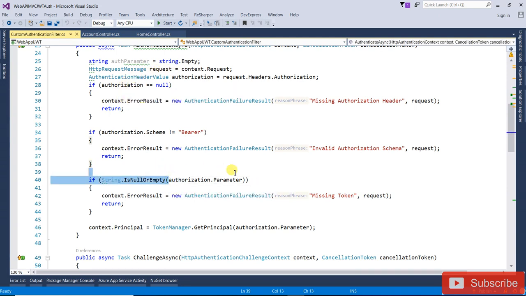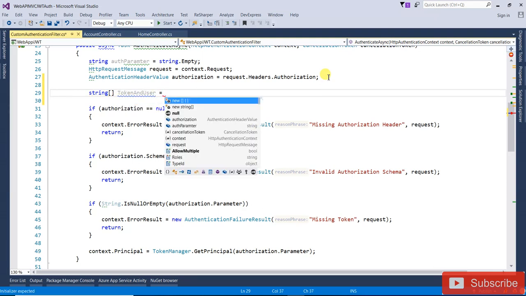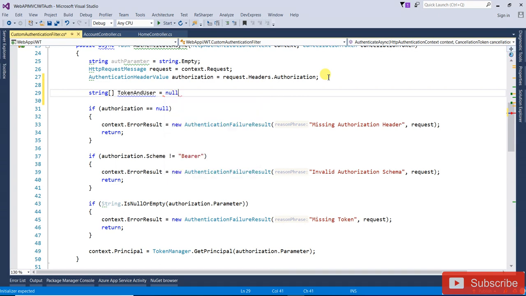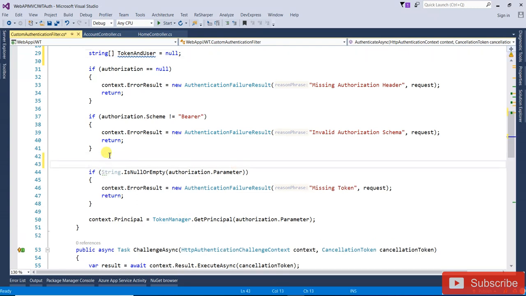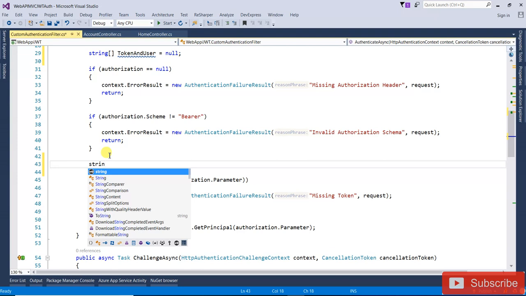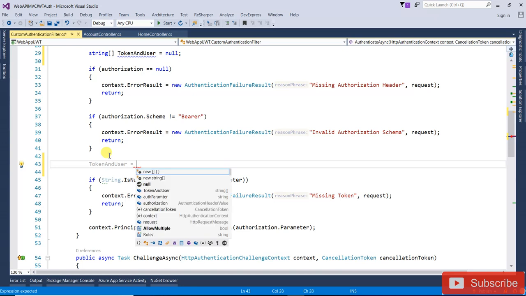This particular parameter, actually it's returning the token, right? So what we can do here, we can make a string array that holds the token and user. Okay, actually this one is the token, so write that token user equal to your